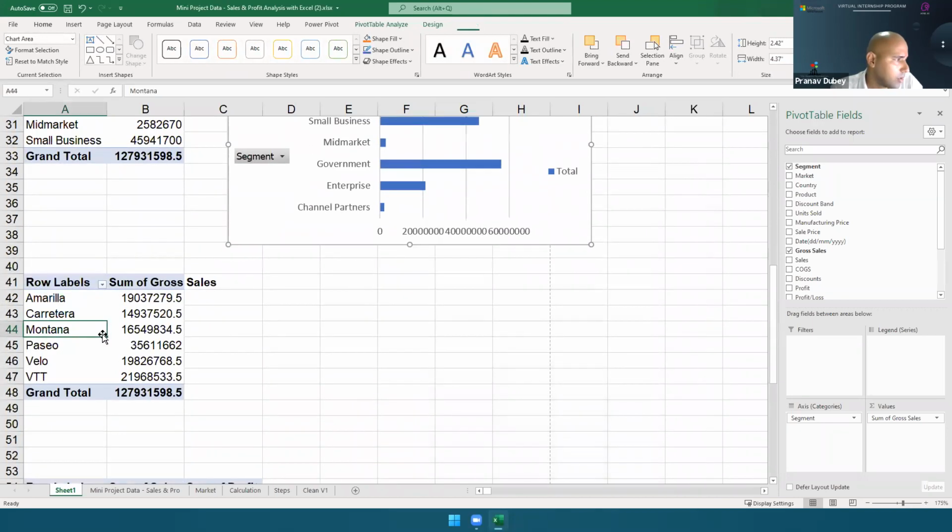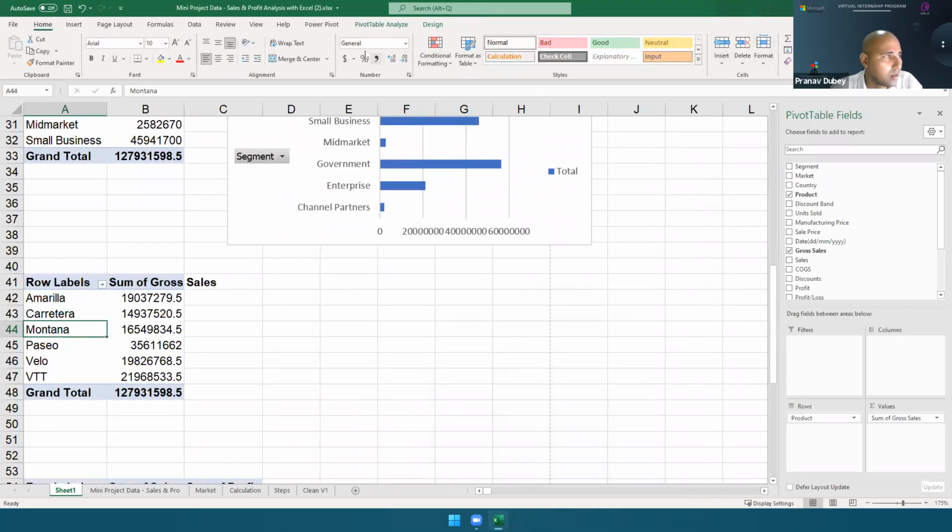We will do some formatting on the charts also, but let's first create it.